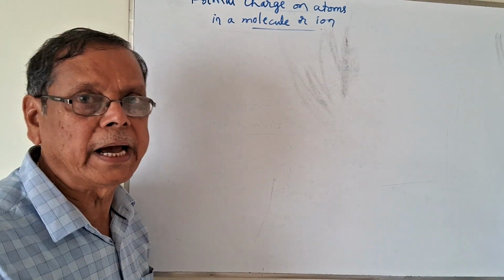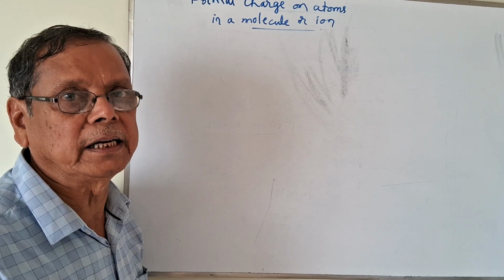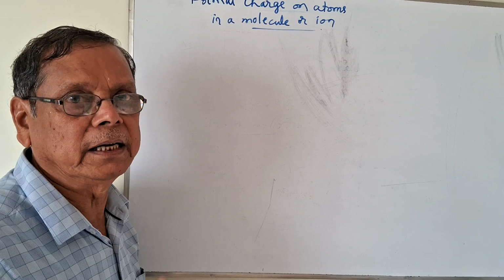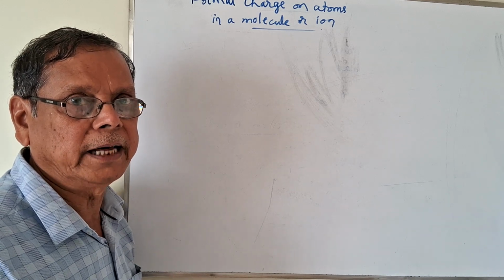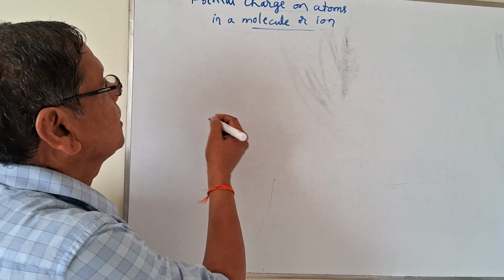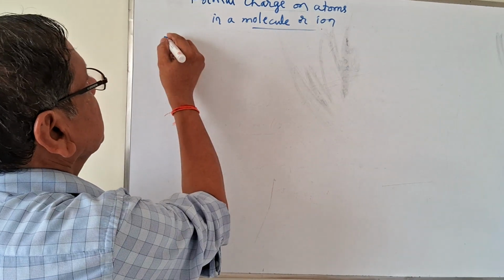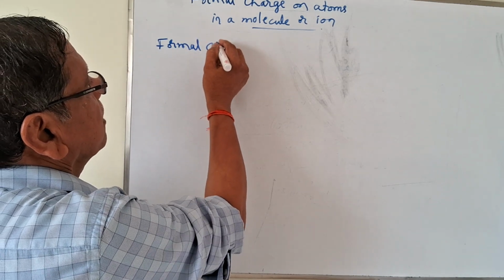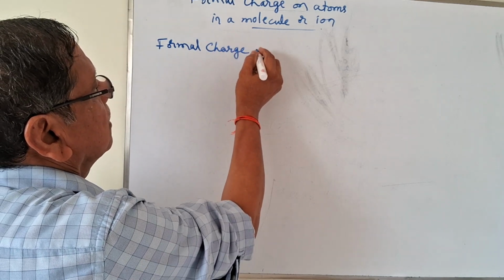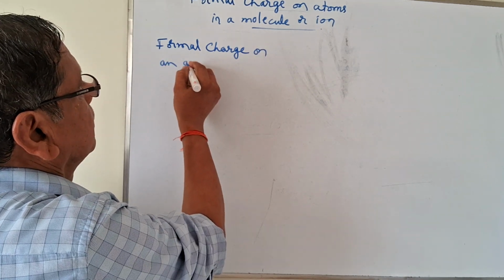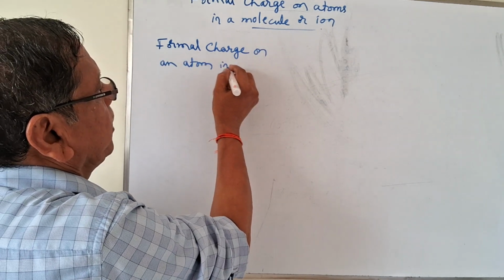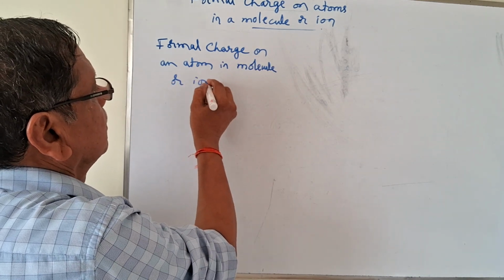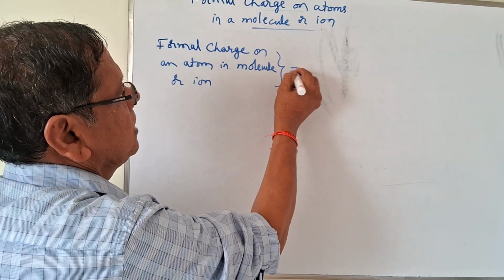Individual atoms may not be having any charge, but still it is necessary to assign the charges on the atoms so that it will be helpful in determining so many other properties like dipole moment, etc. Suppose you consider the formal charge. It is defined by this equation, or it can be calculated. Formal charge on an atom in a molecule or ion is calculated by using this equation,